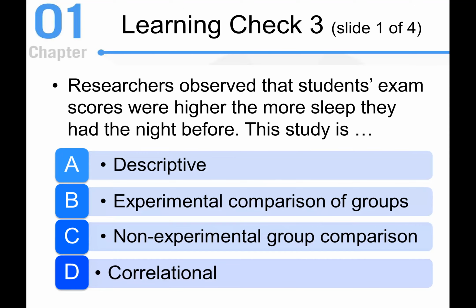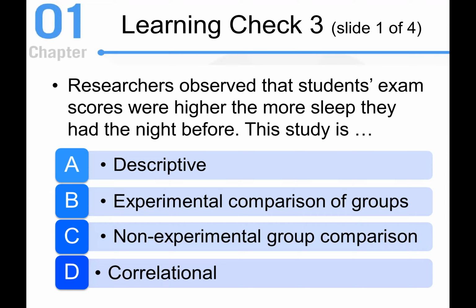No, right? There are two variables, and we're saying one has a score that's higher the more sleep that they had. So it's not descriptive. Descriptive would just be, hey, this is how much sleep you have on a daily basis, and these are the exam scores that you have in the study that we are conducting. So it's not descriptive,